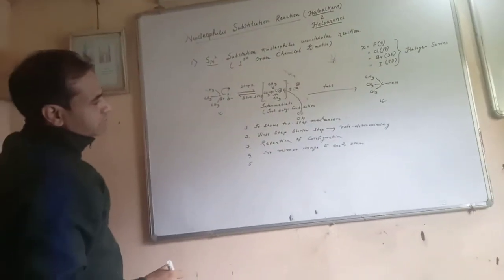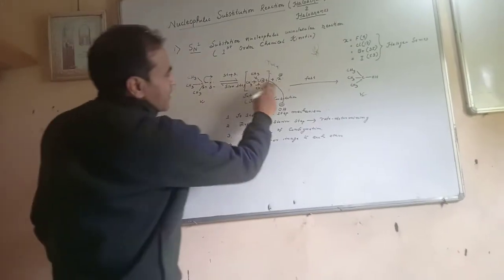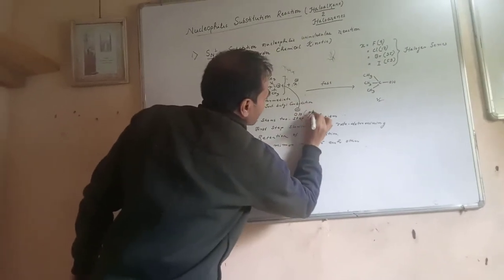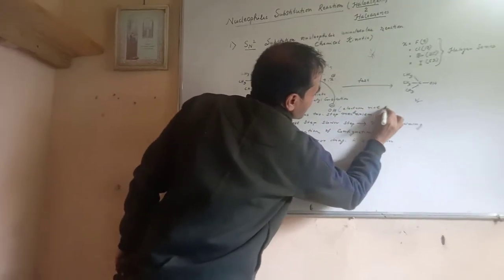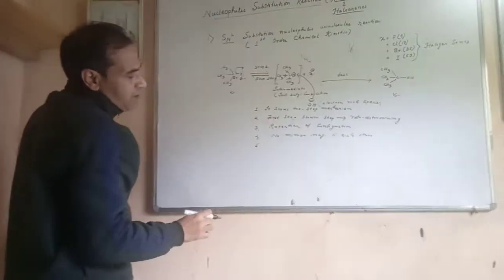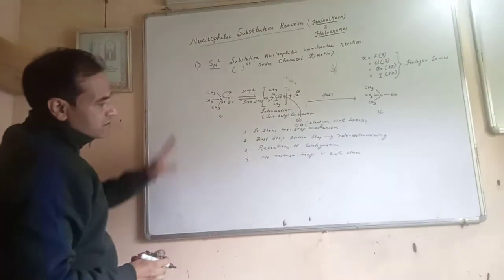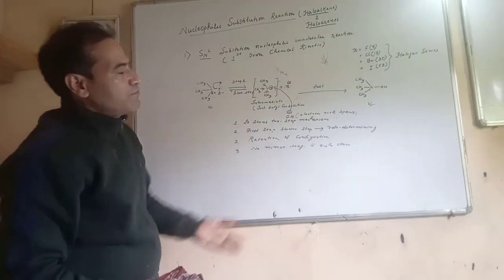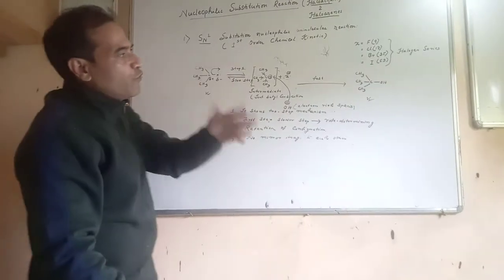Number 5 point. Okay. So it will try to attack from the back side. The nucleophiles are nothing but electron rich species. That's why it attacks the carbocation, because this carbocation is deficient of electrons. So these are some of the basic information we get from this. I'm making this video very short because I have to go for the selection.